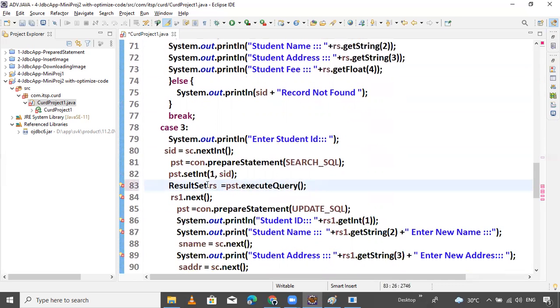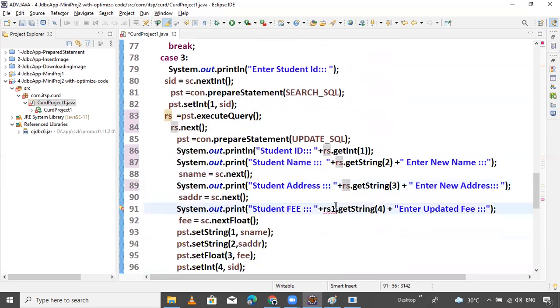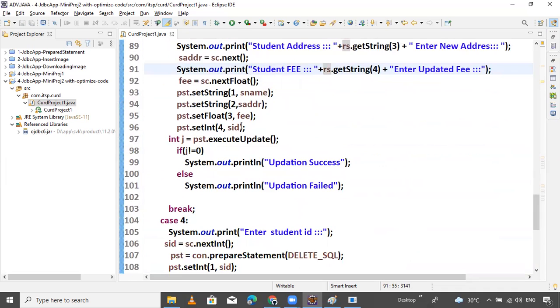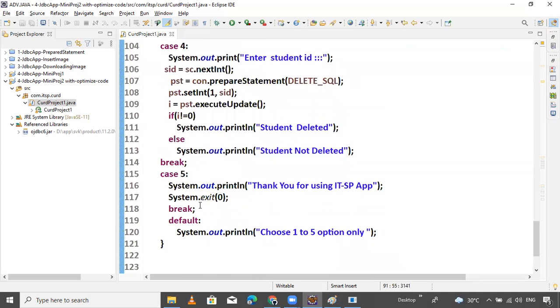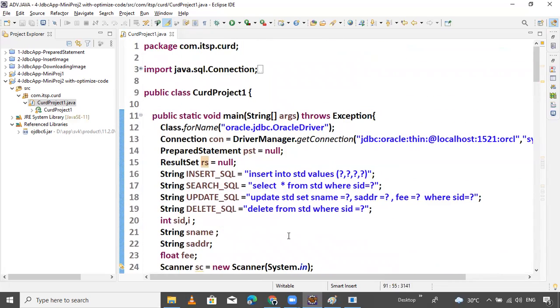RS1, just remove it, remove this one, remove this one, remove. Here I'm speaking. Now RS1 anywhere, anywhere, RS. Now, this is our modified code.